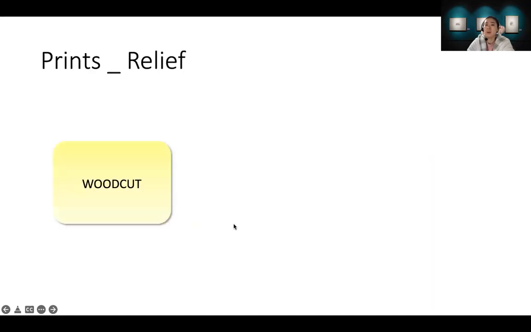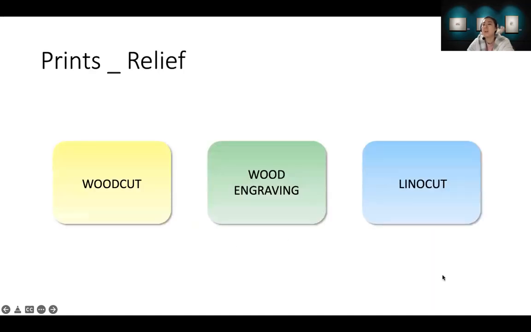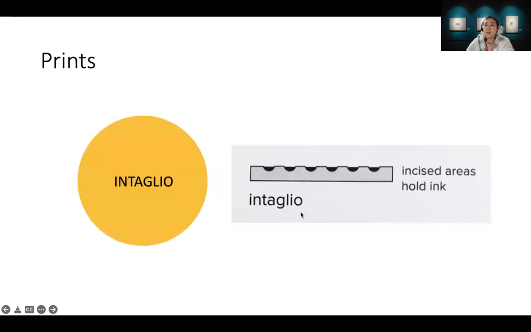So there are wood cut, wood engraving, lino cut, we learned. And intaglio. So intaglio is the reverse way of the relief print. So the incised area, the drawing area, holds the ink.